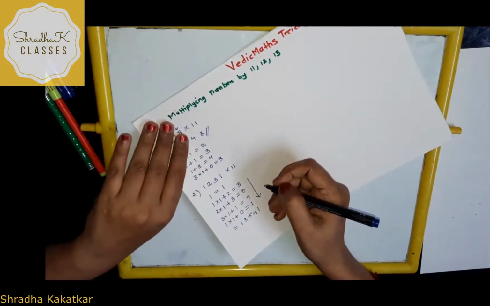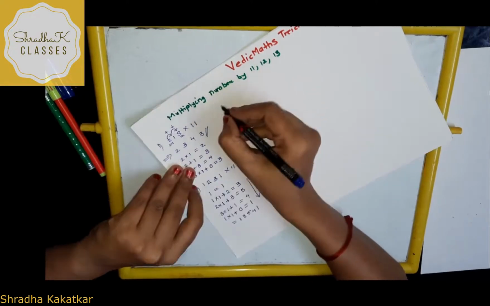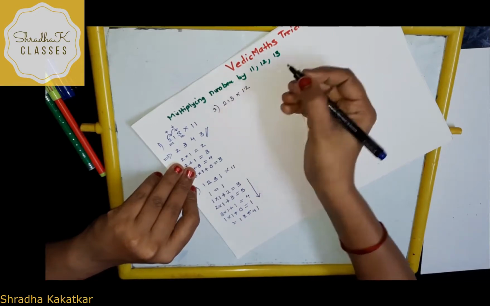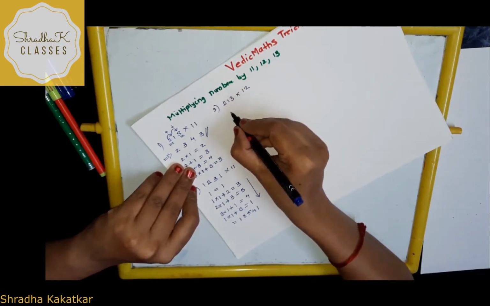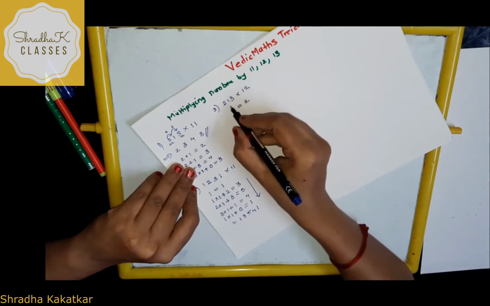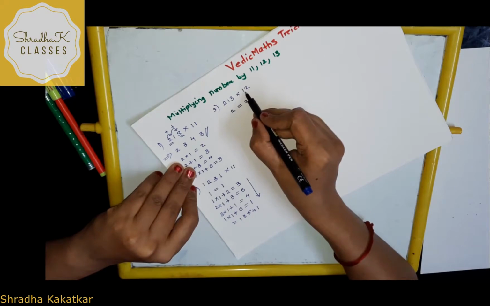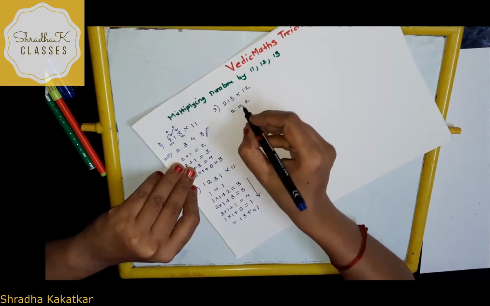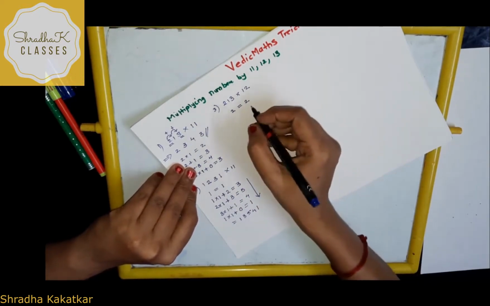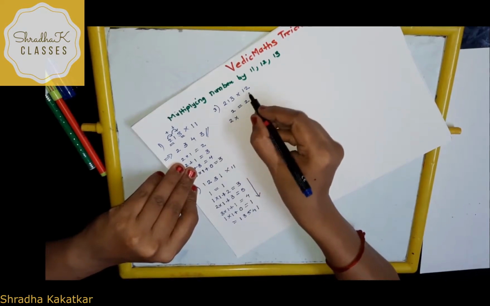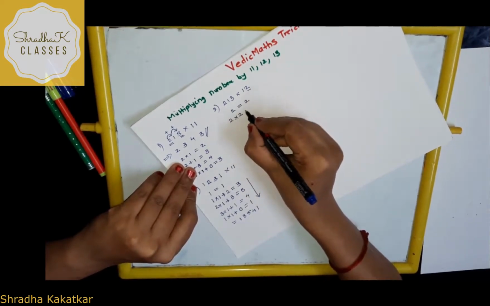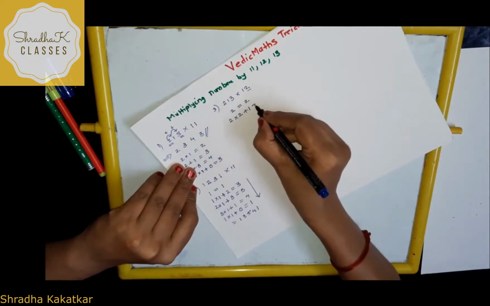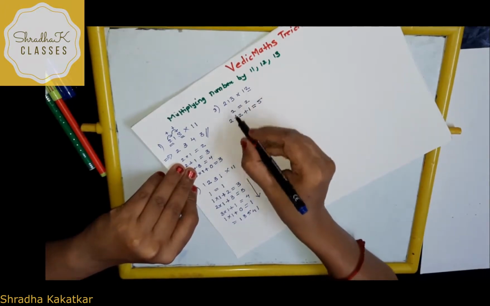Now let's take the third one. Let's multiply the number 213 by 12. So now what I'll do, the first number I write as it is. Now see, here it is not 11, it is 12. With 11 it was easy for us, 1 1. But here it is 1 2. So you have to follow this procedure. Now 2 into 2 plus 1, how much? 5.